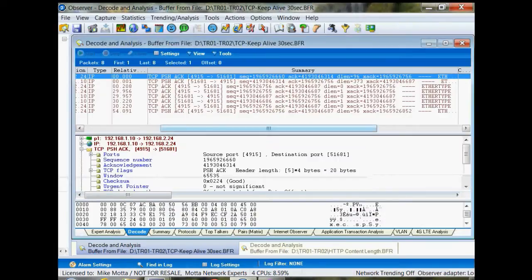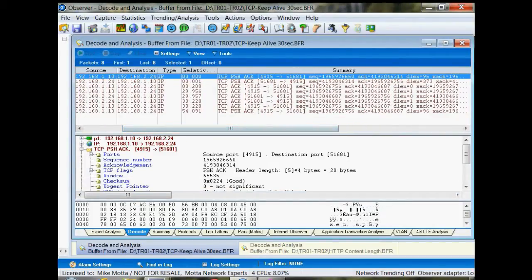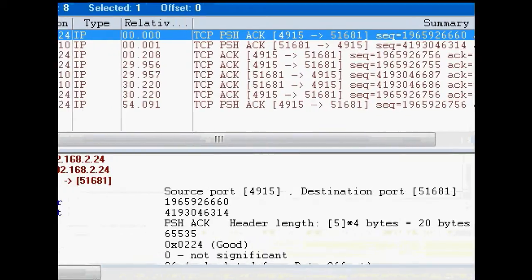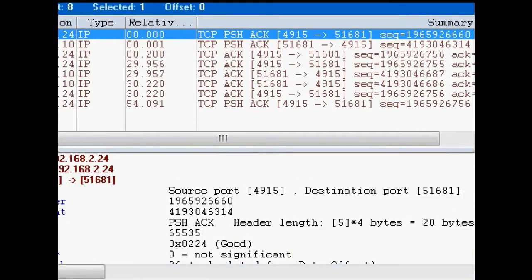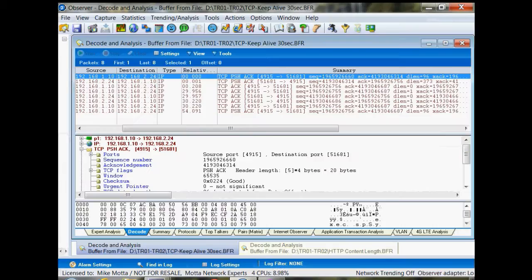Now some time's going to go by, and that amount of time that goes by, if we take a look here, is about 30 seconds. We'll just call it 30 seconds there. The client, nothing has happened, so it's waiting 30 seconds. It's now going to send a probe request to keep this socket circuit session open. So the way that process happens, again,